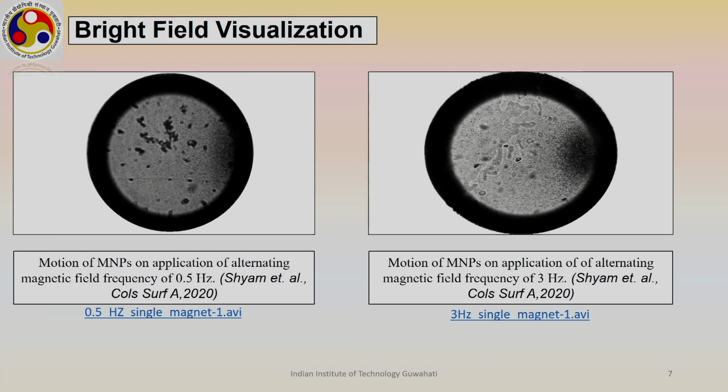Our intuition was that particles will be attracted, and after they are attracted, during the off cycle they will be dispersed. But this dispersion is not very prominent for the 3 hertz case, because the perturbation time scale is very small, while for the 0.5 hertz case the perturbation time scale is relatively large, as a result of which we can clearly distinguish the attraction and the repulsion. That means they will be attracted, they will try to form a cluster-like formation, and during the off cycle the cluster-like formation will break and they will try to be dispersed. And if we go to the next slide,